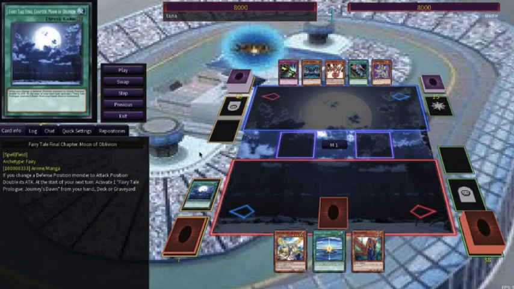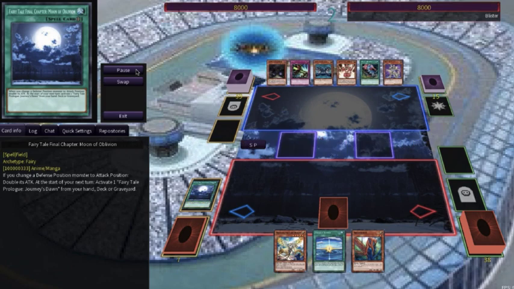She sets a card face down and activates a field spell already. Fairy Tale Final Chapter, the Moon of Oblivion. Whenever a monster gets changed from defense to attack position, its attack points get doubled, and at the start of the next turn, since this is a Fairy Tale field spell, it sends itself to the graveyard and activates the next card from Luna's hand, deck, or grave. The next card will be the Fairy Tale Prologue Journey's Dawn, and without a single monster on the field, Luna